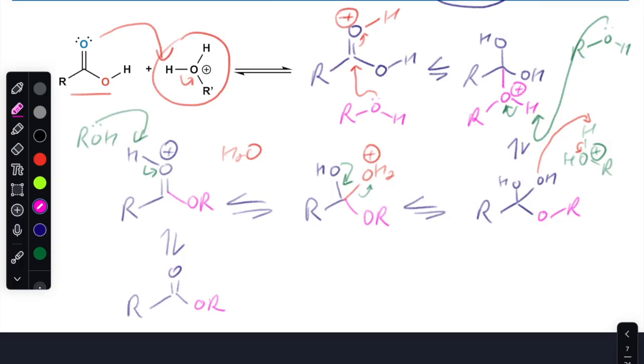So this follows the same pattern that we've used for our strong acid nucleophilic acyl substitution. Major points here is we have to activate the carbonyl first to make it more electrophilic. We bring in a neutral nucleophile, making charged intermediates. We're picking off that proton and making the leaving group into a better leaving group by protonating it. We then recollapse, getting back our proton. This is our catalytic acid that we are transferring back, which is what we use